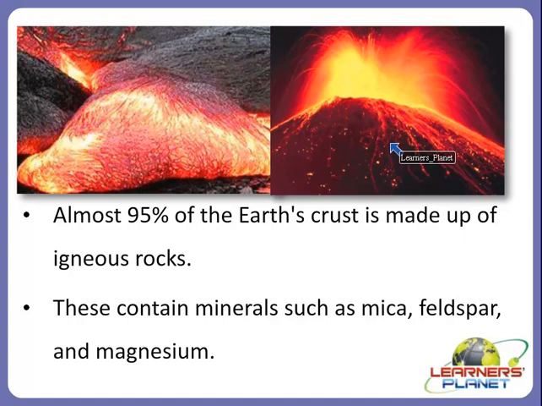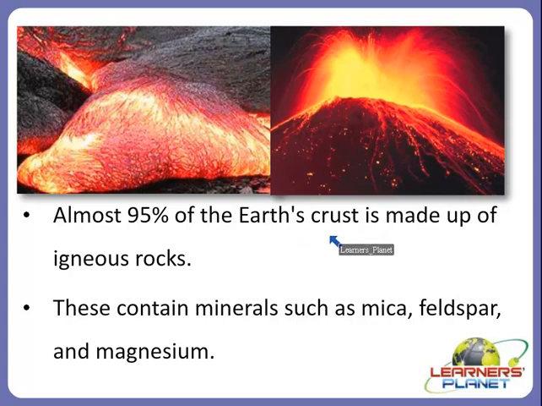So in short, we can say that igneous rocks formed as liquid magma cools, forming crystal structured rocks, and igneous rocks that form deep within the earth's crust where temperatures are very high might take thousands of years to cool down, and this causes the crystals to be much larger, as in the case of examples of igneous rocks like granite. So igneous rocks formed on the surface cool down in just a few hours, or it might take thousands of years depending upon the temperature, whether they are very high or very low, right?